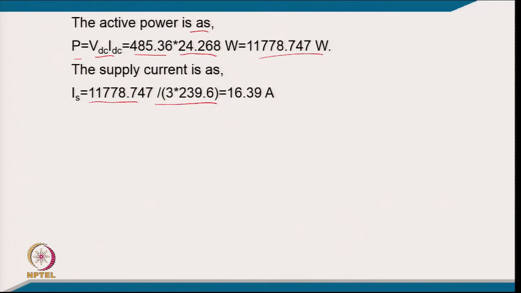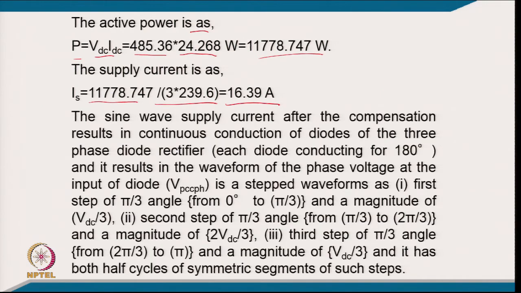Current is maintained sinusoidal balanced, in phase with the supply voltage, so power factor is unity, and it comes to 16.39 ampere line. Now, coming to the actual calculation, typically the sine wave supply current after the compensation results in a continuous conduction of the diodes of the 3-phase rectifier, each diode conducting for 180 degrees, and it results in the waveform